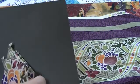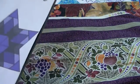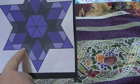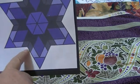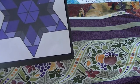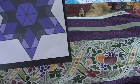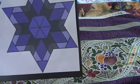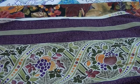All right, so when I got done with those, I decided, what am I going to do for my little diamonds right here? They touch each other, and I like them to be fussy cut. I don't always do it. I didn't do it on the last pattern, but what if I fussy cut them on this one? And I was looking at this